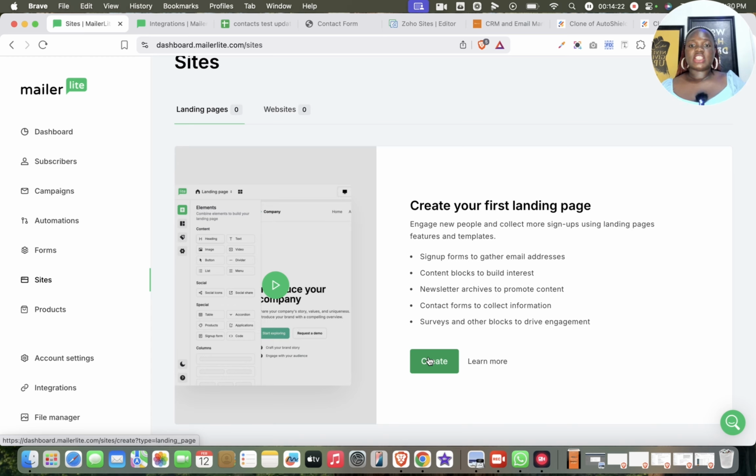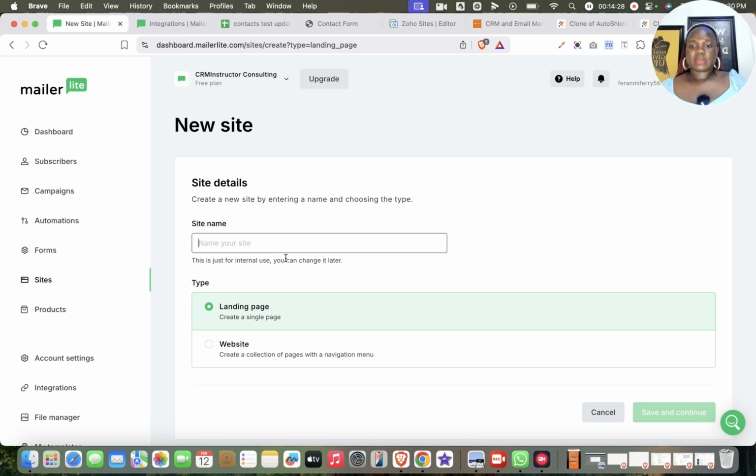So to create a new landing page, all you need to do is come over under the menu, landing page, and click on create. And when you get to this place, it is going to ask you for the name of your landing page. So let's say we are naming this sales page. It is asking us, is this a landing page or is this a website? Since we are starting with a landing page, we are going to say this is a landing page,